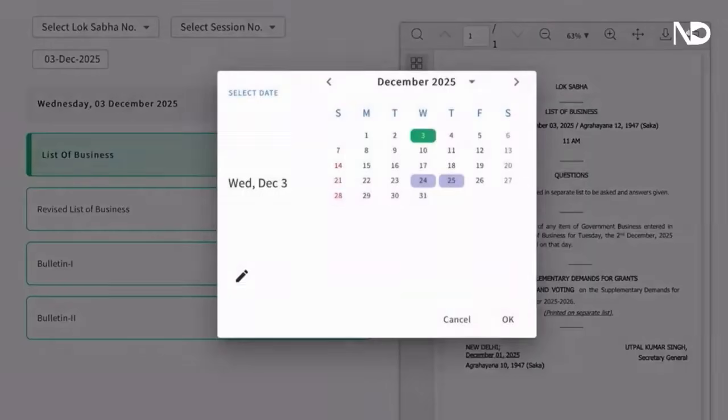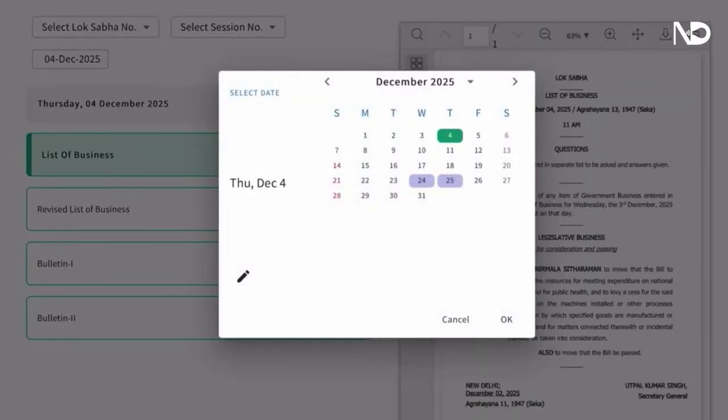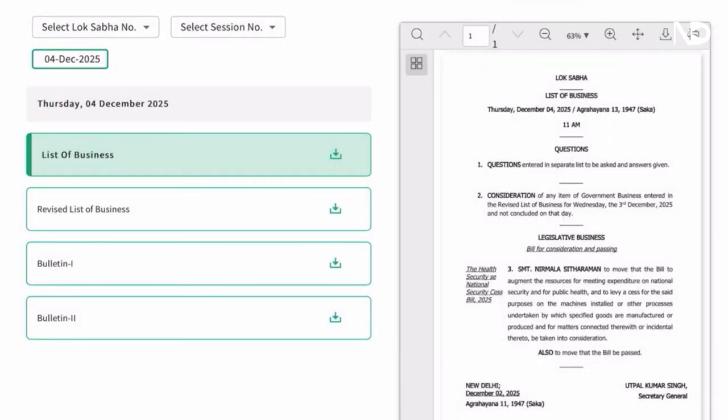Why is this important? Well, no sitting takes place at the whims and fancy of the party in power, that is, the ruling government. It requires agreement and cooperation of other members on the BAC, since this committee is responsible for the list of business. This list is the official daily agenda outlining government business, questions and private members' bills. It decides the number of hours allocated to specific bills and discussions. Basically, what a day in the parliament would look like when in session.